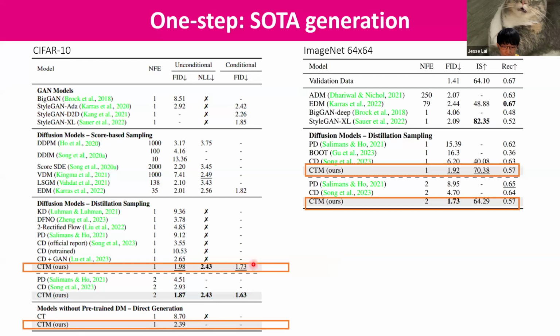And what is surprising is that, because in CTM we incorporate the adversarial training, the question is whether the CTM will be dominated by the GAN. And the answer is no. Because if you compare the likelihood, it is actually at the SOTA level, so it doesn't suffer from the mode collapse compared to GAN training.